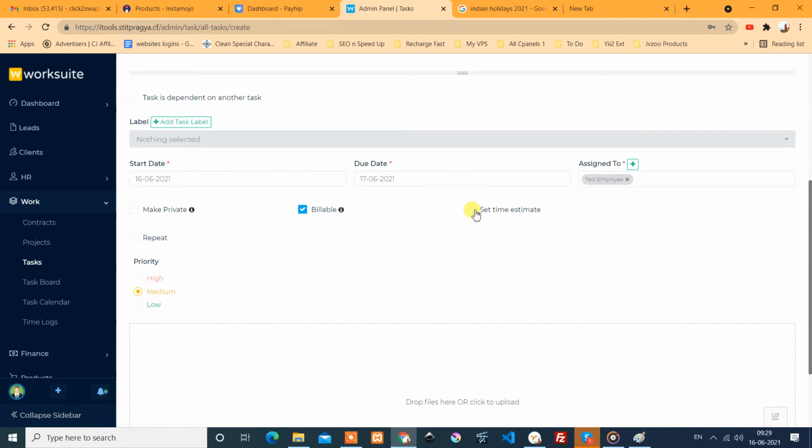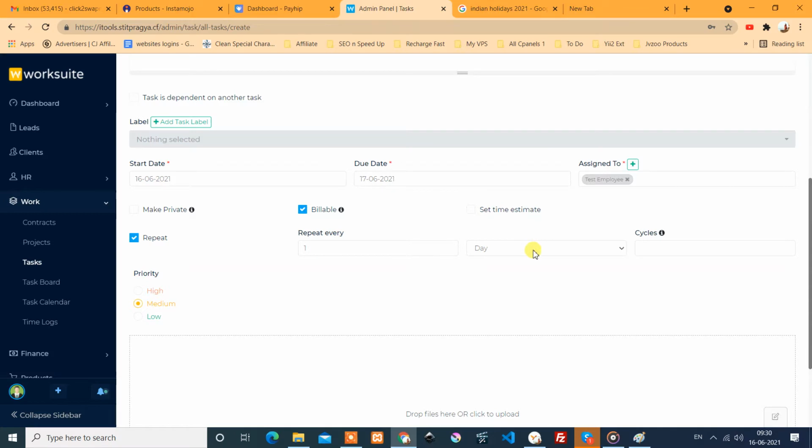If you want to set a time estimation, such as 10 hours or 20 hours, you can set that. If you want to make this task repetitive, meaning some processes are repetitive, like checking the quality of some part of the product on a daily basis, you can use the repeat mode, which means that the task will be repeated.